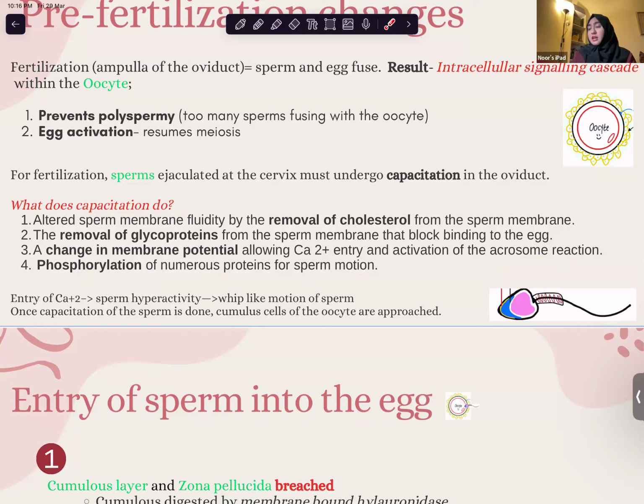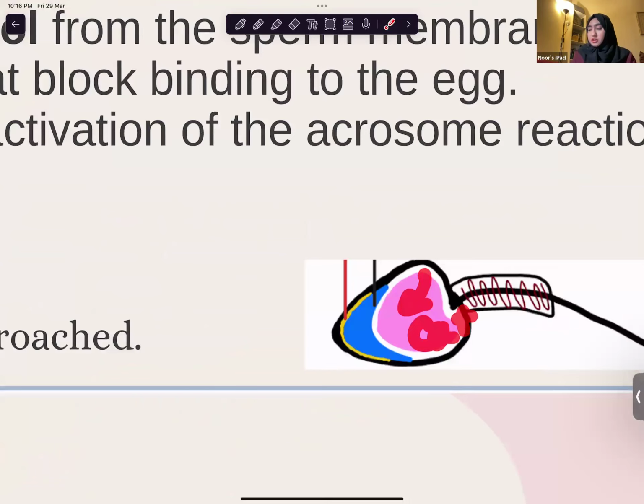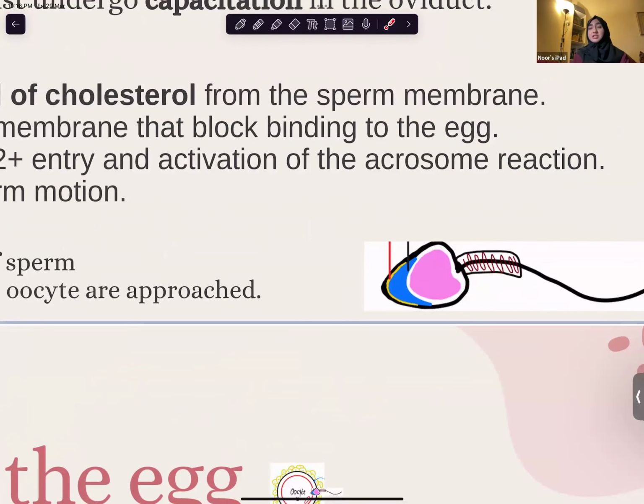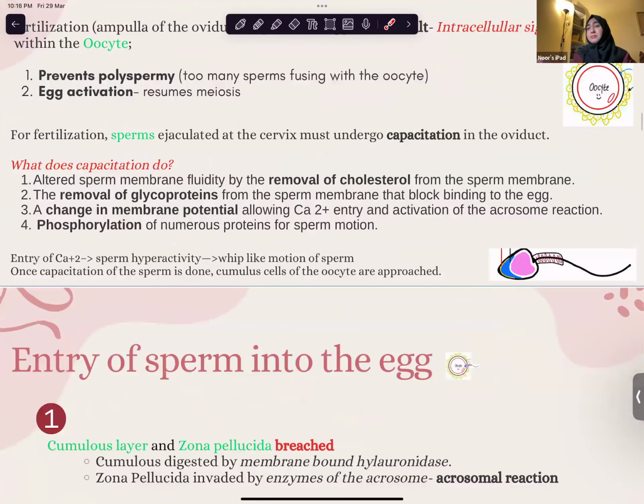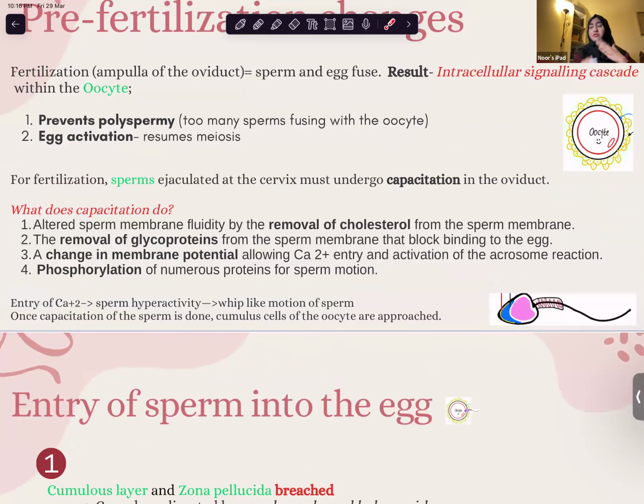When there's the entry of calcium inside the sperm, that will increase the speed of the sperm. When the sperm is in a wave-like motion, undergoing phosphorylation will make the sperm move in a whip-like motion. Whip is extremely fast, and it needs that in order to reach the egg. So again, entry of calcium, sperm hyperactivity, whip-like motion of the sperm, and once capacitation is done, the cumulus cells of